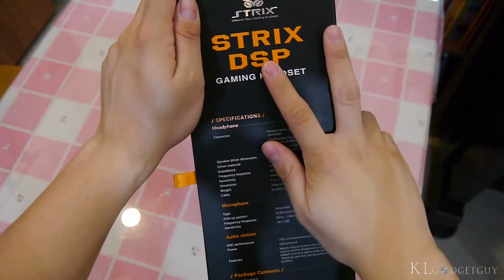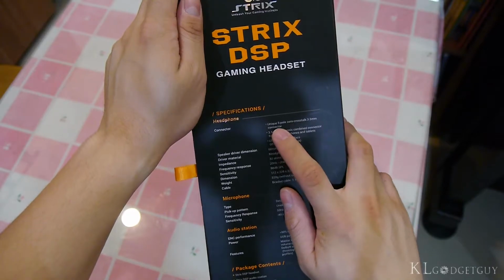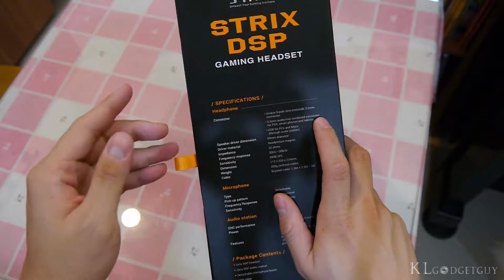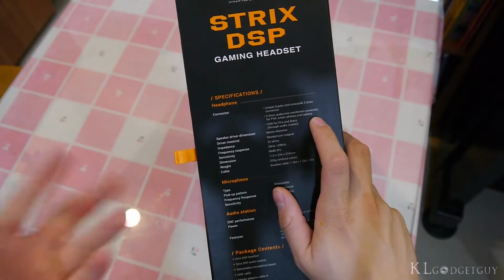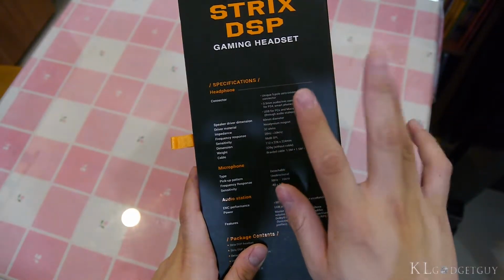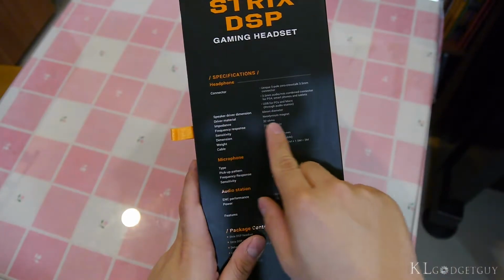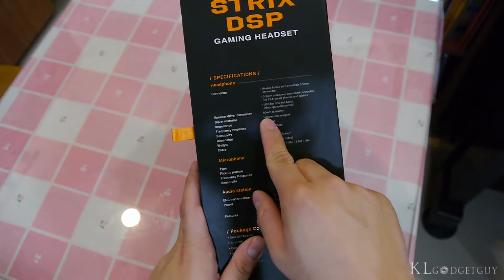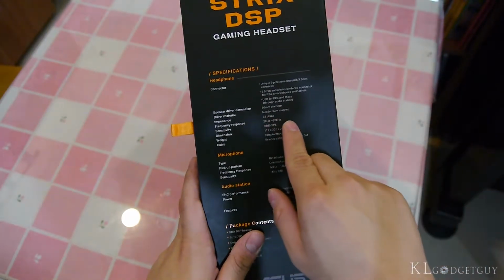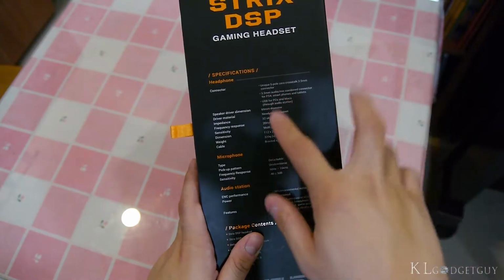So the specs of the Strix DSP gaming headset go this way. It has a unique 5-pole 0 crosstalk 3.5mm connector, 2 cable 3.5mm converters for audio mic combined connector for PS4, smartphones, and tablets, and it supports Macs and PCs. The speaker driver dimension is 60mm, which is extremely huge and can output some really great sound. We have a neodymium magnet driver on board, which is pretty standard among all headsets. It has 32 ohms of impedance, 20 Hz to 20 kHz of frequency response, which is pretty common,